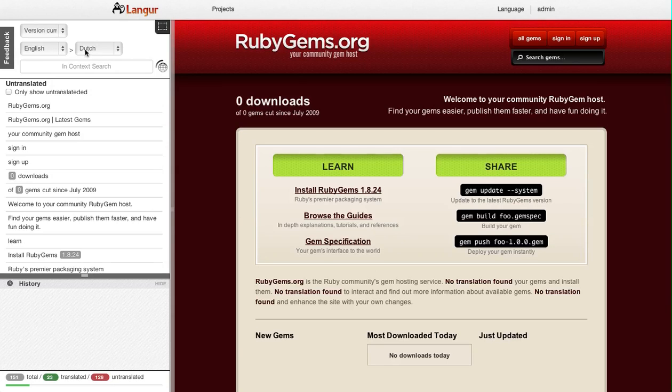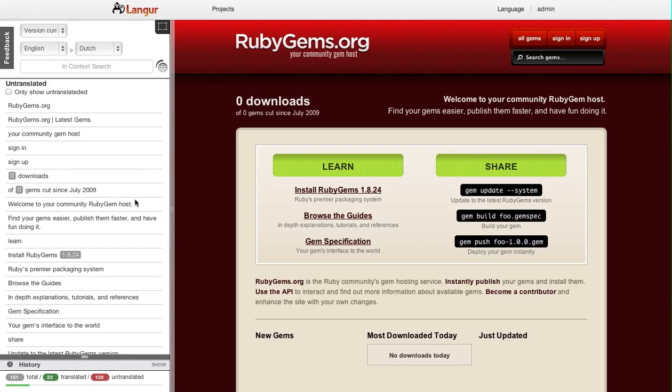We have our source language, we have our target language. We see a list of strings on the left. At the bottom we see the statistics for the project. We've loaded up 151 strings in total. I've done a couple of translations already. We've got 128 left. The string list is the string list that represents all the strings on the very page